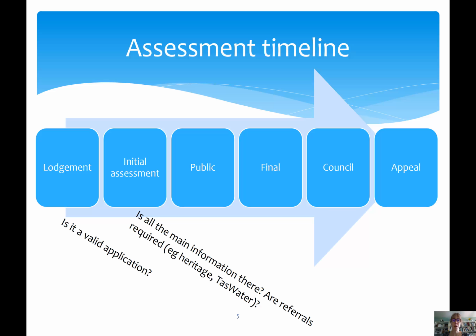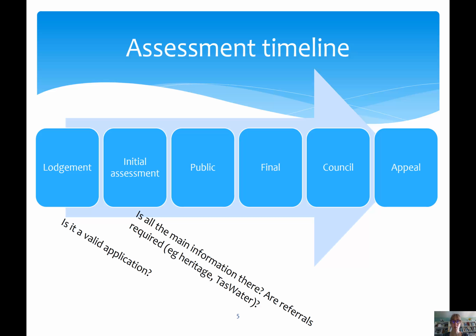So this is the timeline that a planner is working towards. This should be familiar to you. The person who's wanting to put in the planning application comes in and lodges. The planner needs to figure out whether it's a valid application, which we'll come to in a minute, but we have covered this before, and does the initial assessment, and does that as thoroughly as possible, as quickly as possible, just in case it's not a straightforward application and other things need to be set in motion.